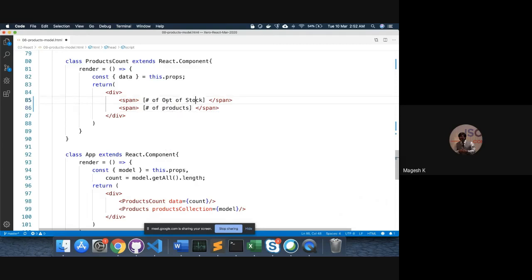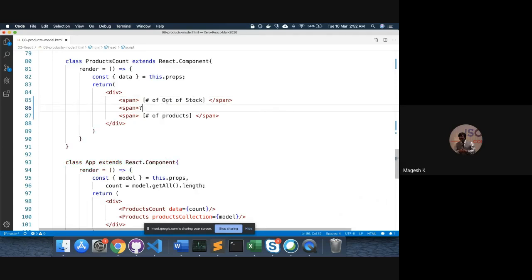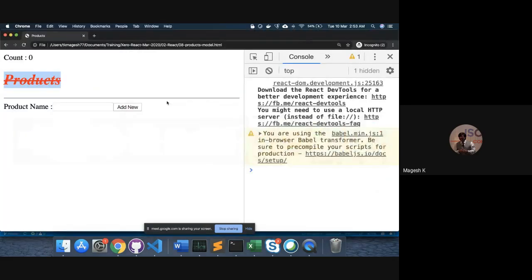And we will have one more span that displays a slash, so that we can see how it appears. And this you can define in the out of stock class